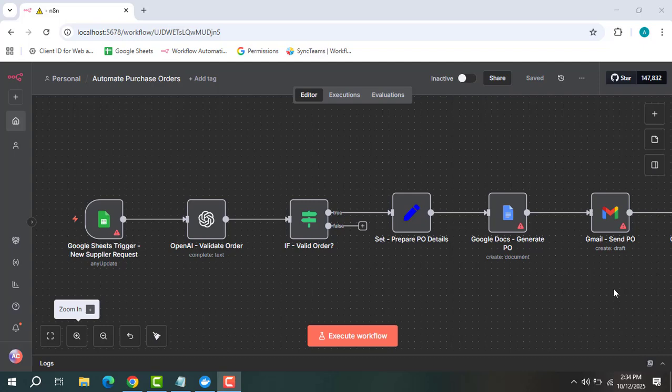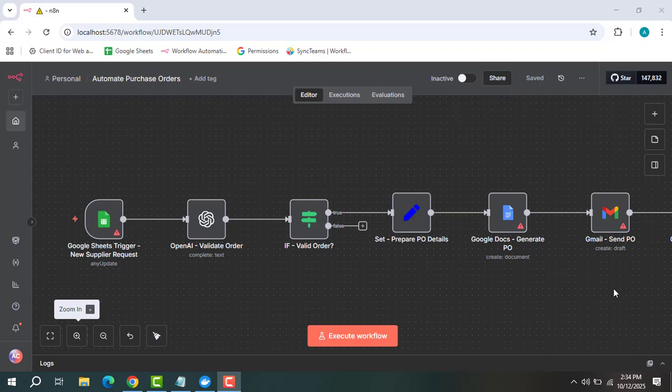Today you'll learn how to automatically generate and send purchase orders (POs) using n8n, connecting Google Sheets, the OpenAI and email to handle supplier orders with zero manual work. This workflow retrieves supplier requests from a spreadsheet, validates order details, generates a formatted purchase order and emails it directly to the supplier. This is ideal for procurement teams, inventory managers, or e-commerce stores that frequently create POs and want